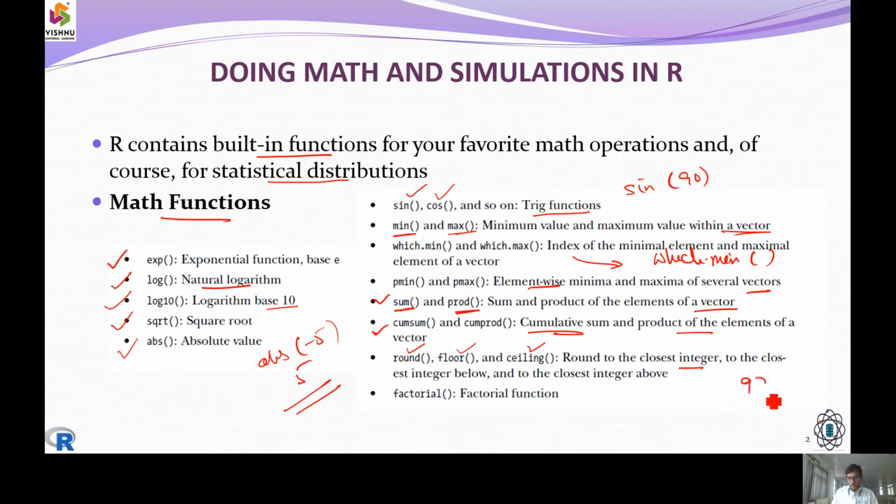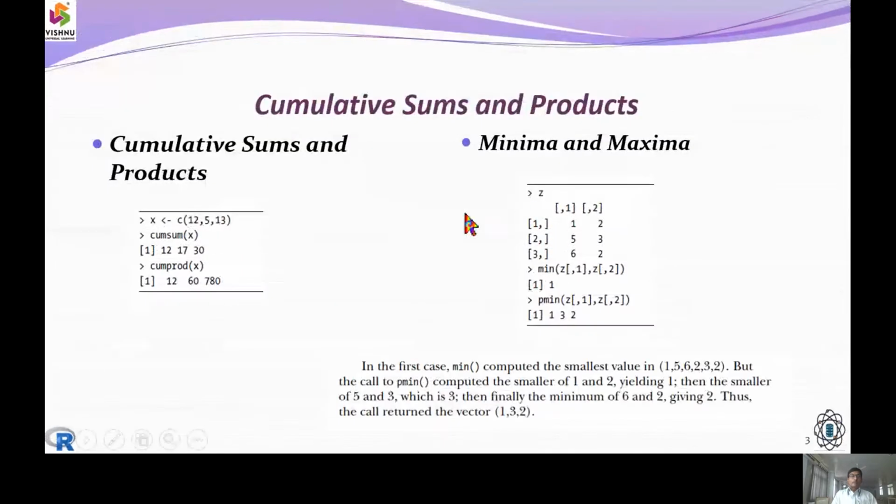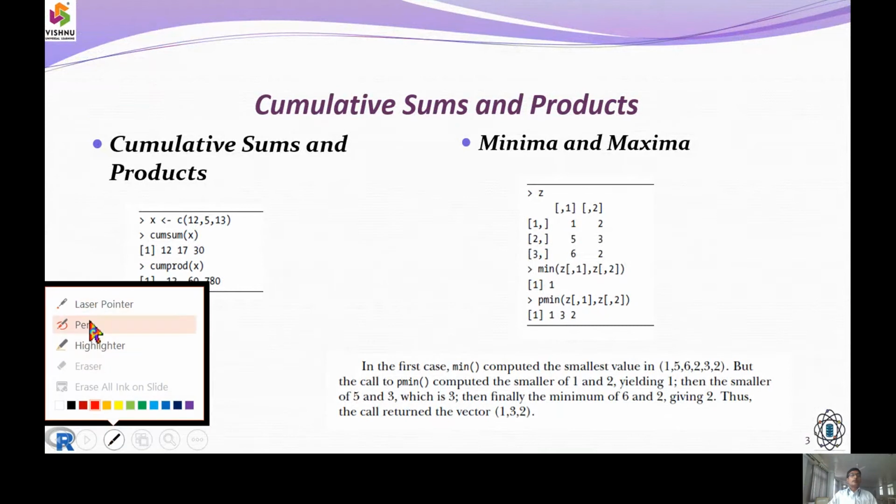If I say 97.8, then obviously when I use the round function, it will be treated as the value of the next element. That's how round works. Similarly, we have a built-in function called factorial. In C, etc., we need to write a complete code for a factorial, but here it is built in, so it can be used in the R language directly.